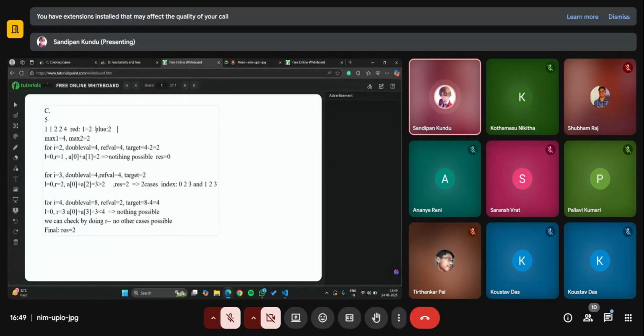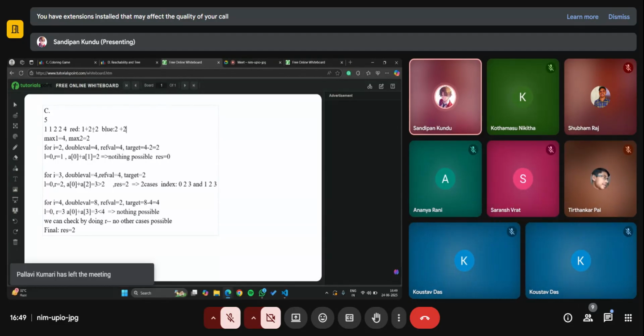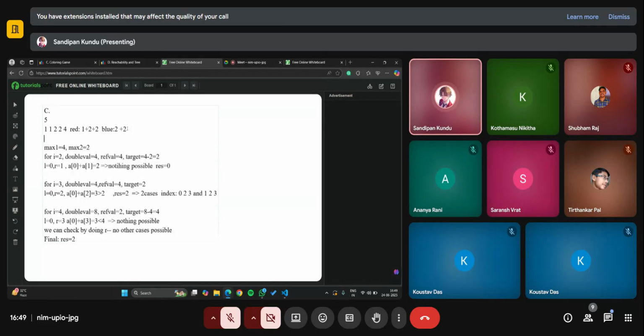If we add 2 on both sides, it is still 5 and 4. So here you can see, when Bob chooses the maximum element that red has chosen, Bob's total value becomes twice of that. This is one case, and the other case will be when Alice chooses